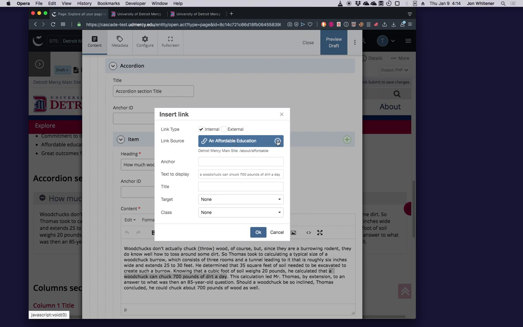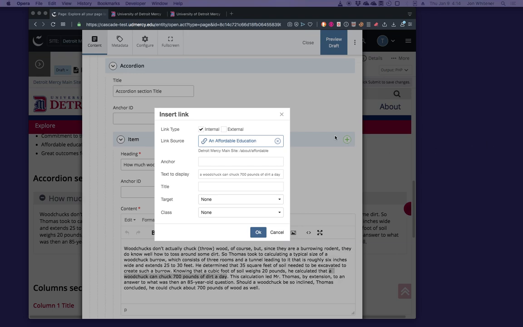We're not going to link to a Cascade page at this time. I'm going to link to the actual page where I copied that woodchuck answer from. So off screen, I'm going to go to that page, highlight the address in the web URL address bar, and then I'm going to come back over here and click External. Whenever you are linking to a website outside of Cascade, you use an external link. And you'll see the hint here that the link source starts with HTTPS. And I'm going to paste in the rest of the URL,